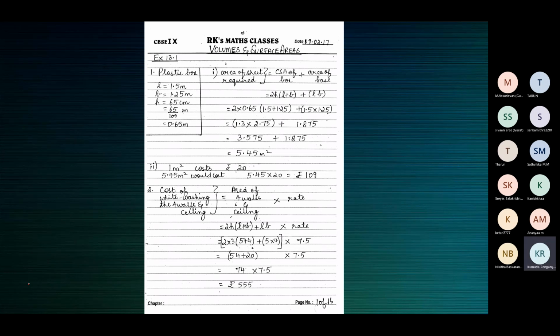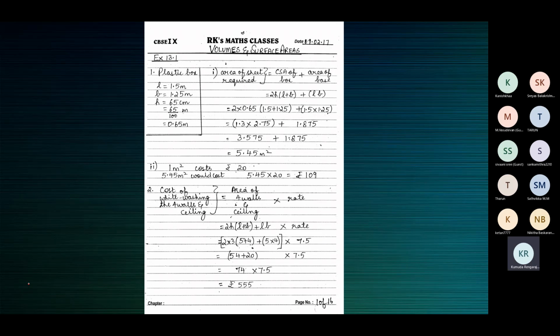So what is not whitewashed here? Walls are whitewashed, ceiling, all the base. What is the base called in a room? Tiles, ma'am. The floor, correct. The floor nowadays is normally tiled up, so you don't have to paint the tiles. The floor is not painted. The 4 walls have to be painted and the ceiling has to be painted.